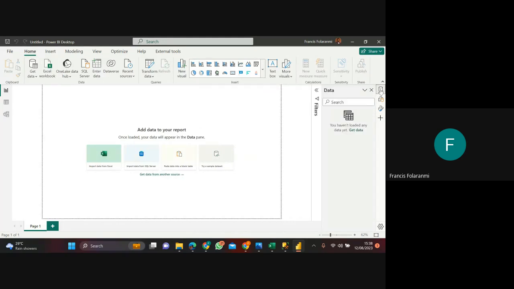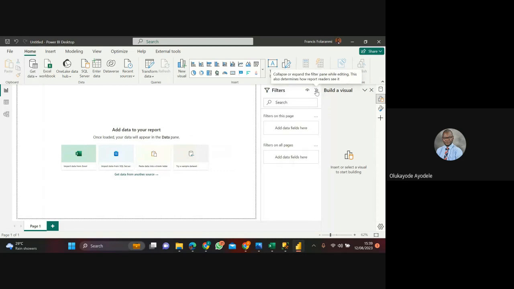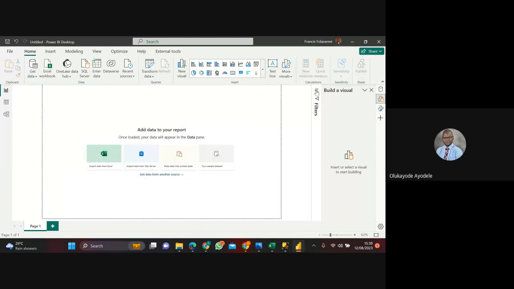You can have this icon here where you still have your data. So once you have data in your Power BI and you have data loaded, this place you have data. You see that you haven't done any data yet. Then you have your build your visual tool. You also have access to do some few things there. And then, of course, you have your filter pane. So let's go to today's business, which is